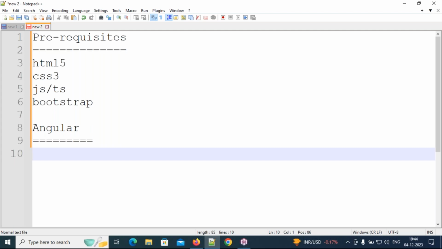Second thing is, nowadays there are equal choices available. That means Angular and React.js have equal choices. In some cases 60% of requirements will be Angular and 40% React.js; in other cases 60% React.js and 40% Angular. Anyway, as an Angular developer or React.js developer, your phone will ring for interviews.